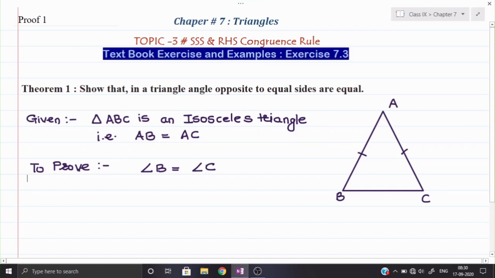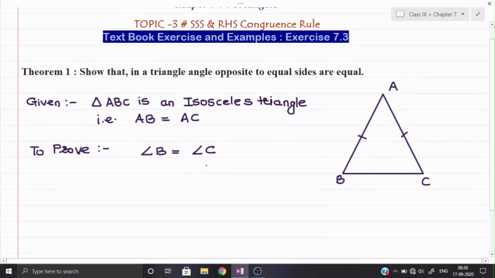Now remember, whenever we are proving something in a question, the things given are sufficient to prove the required result. But in a theorem sometimes we need to draw some construction, and with the help of that only we can prove the required things. So here we will do some construction. Remember, construction is an additional part, and it may not be applicable in each and every theorem, but in many theorems we apply it. So here one more title we will add, that is construction. First we will do the construction, then we shall mention what construction we have done.